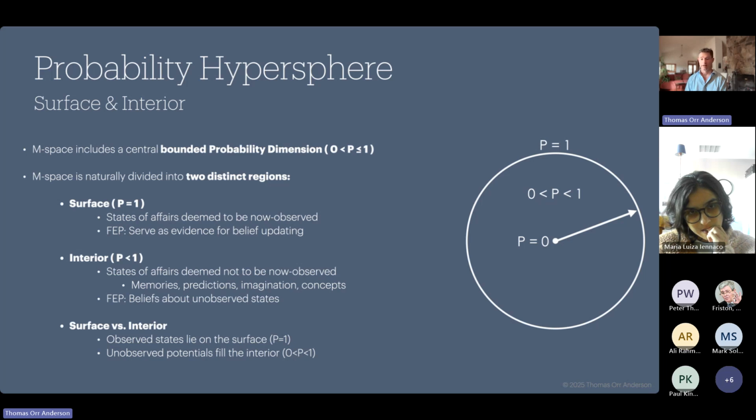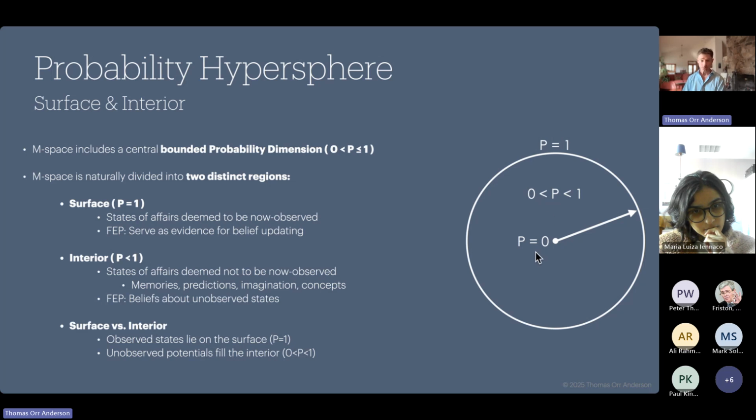And then the other component being this probability hypersphere. And this is where things get easier to picture, and some of the processes can be really intuitively thought about. The probability hypersphere, again, being the sphere from p equals 0, probability equals 0 to probability equals 1. This is, again, subjective probability. So it's really vague in here, but it's very well defined at the boundaries, the p equals 1 and p